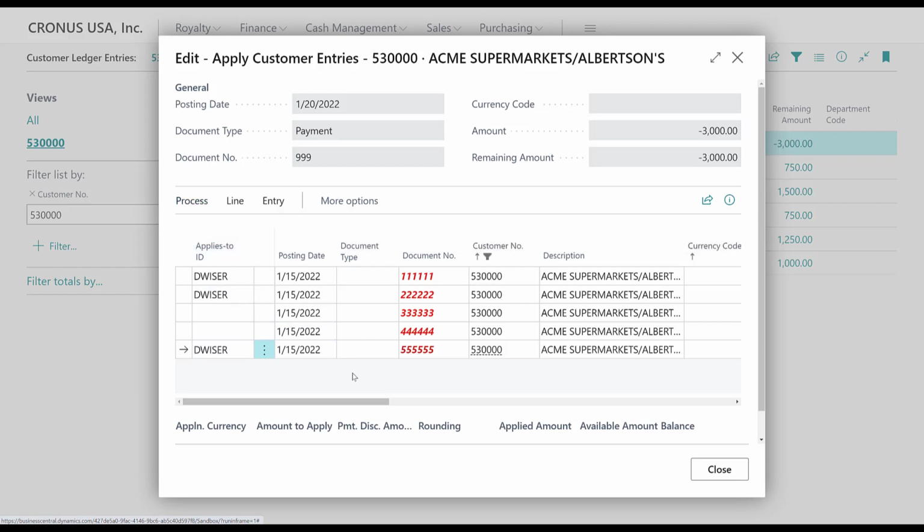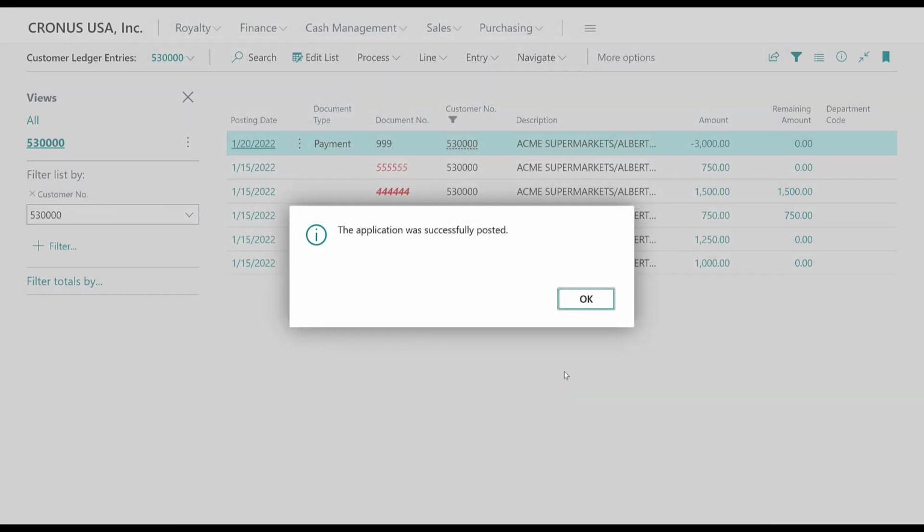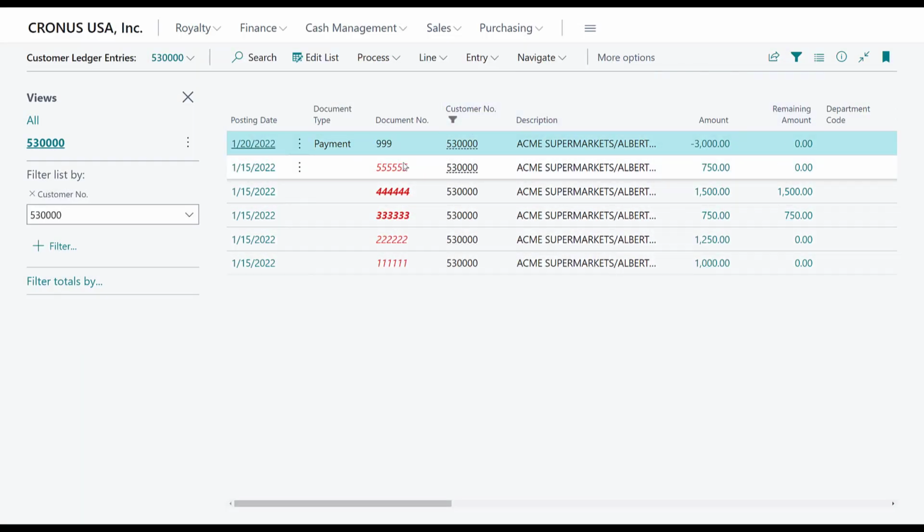Now, unlike the deposit screen, where once you posted the deposit, it went ahead and posted those applications, in this case, there's no other posting routine that's automatically going to post these applications, so we need to do that manually as well. So once those are set, we can go to Process again and post that application. It'll confirm the check number and the check date for that cash receipt. Go ahead and click OK, and you'll see now that this payment has actually been applied to these 3 invoices,